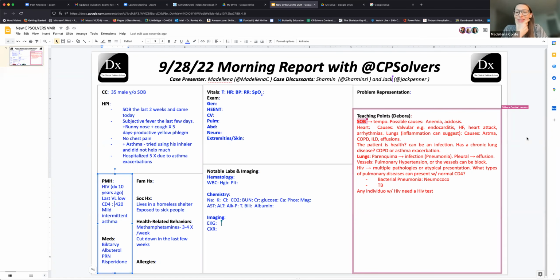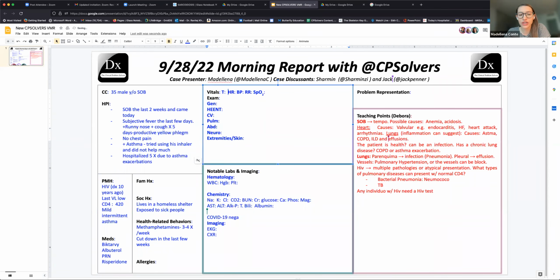All right. Okay. So many great thoughts here. So I will jump to the physical exam. Before I do, one other piece of history is that he said that prior to coming into this outpatient clinic at his homeless shelter, they tested him for COVID-19 infection, which was negative this morning. And I think he had also had prior COVID-19 infection a few months ago. Just wanted to get that additional piece of history.